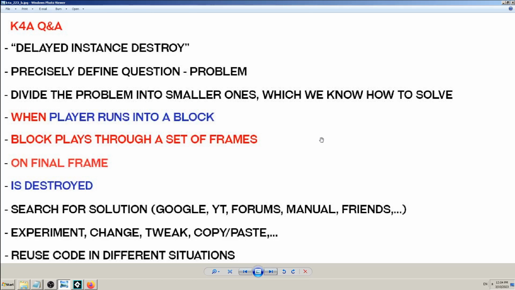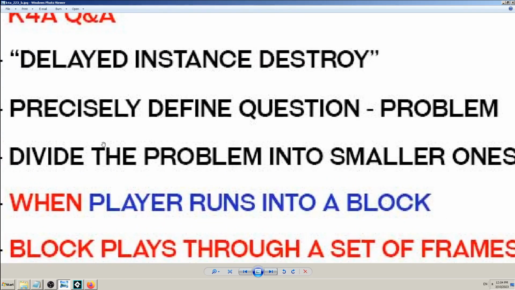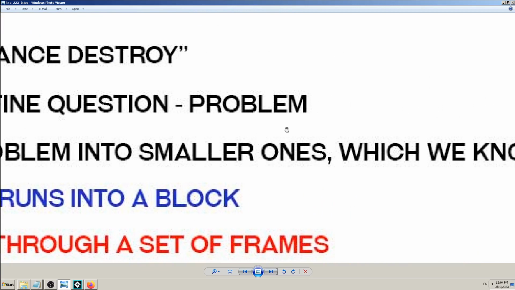And most of the people just avoid it. They skip to coding right away and make that mistake instead of approaching the problem first, like, hey, what's the question, what's the idea, let's define it. Then when I define it precisely, I can go to the next step and divide the problem into smaller ones,